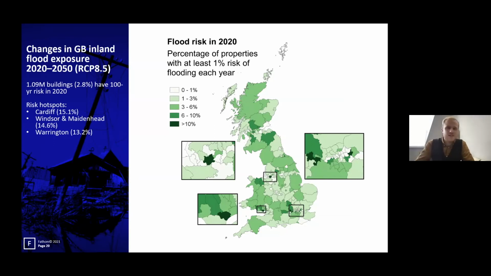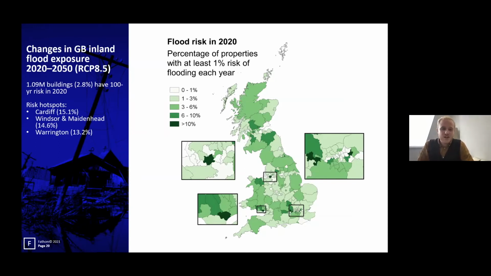Thanks, James. Hi, everyone. I'm Ollie. So I'll just walk you through some of the work we did in quantifying risk when it comes to present day and future climate change. So using both of our present day and future projections of flood hazard, we just did a quick examination on what impact this might have on risk. So for our present day layers, we did a simple count of how many buildings in Great Britain fell within our 100-year inland floodplain.